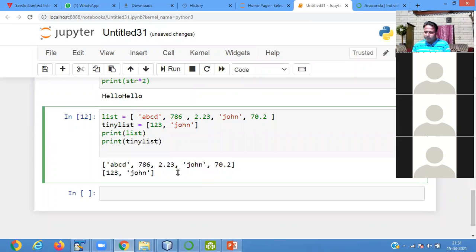Now if I print the first index element, suppose I print abcd, here I have to pass list with index number 0.